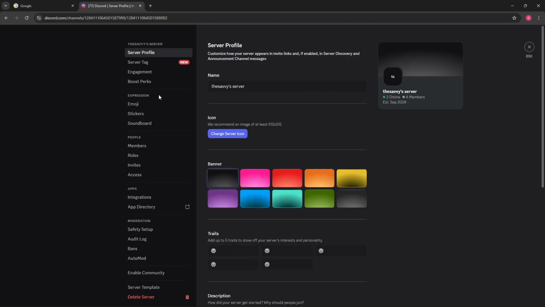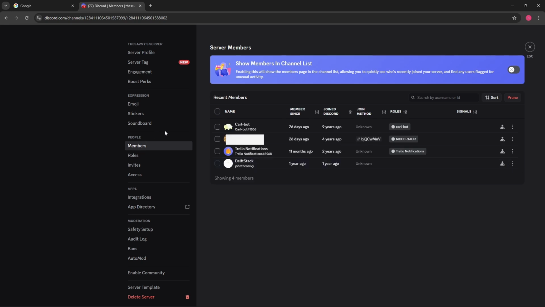Now guys, over here, you should be able to see people on the left side of the screen, and you should be able to see members. And you should be able to see all of the members. And of course, the oldest one will be the server owner because he is the very first one to join